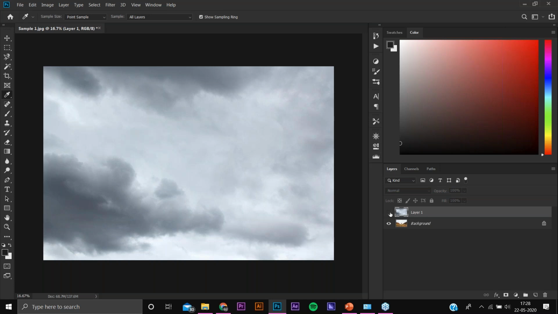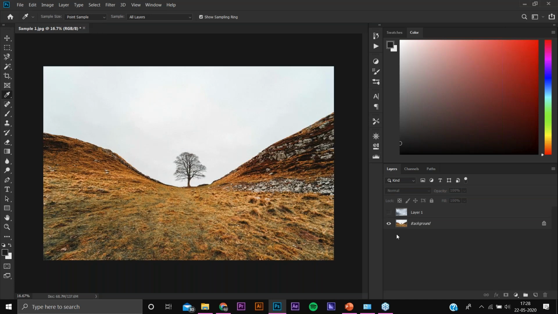And we see only the background as the tree and the mountains, between the mountains, which is where we have to replace the sky for now. First, we will remove the tree from it, and we will be creating a new layer. At the bottom of the layer panel, there is a new layer option, and we will click on it. After clicking this, the new layer would be placed above the background, which is the tree layer.